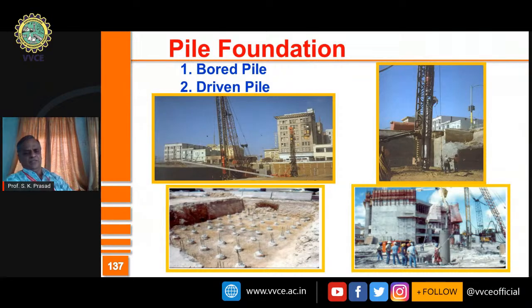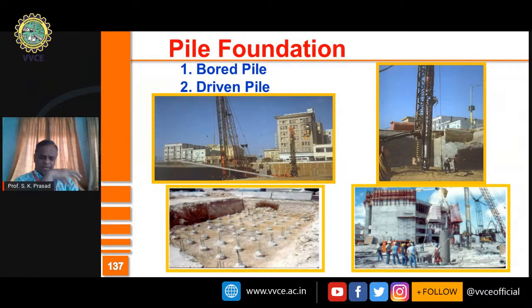Normally, construction wise, the two different types of construction are, one is bored pile and another is driven pile. What do you do in bored pile? You make a borehole, insert the reinforcement cage, and fill up the concrete. Many a times when you make a borehole, there is a likelihood that soil may collapse. To avoid it from collapsing, you put a liner. The collapse may happen because the soil is loose, because there is groundwater which may push, so to take care.